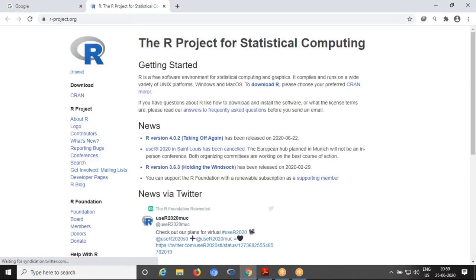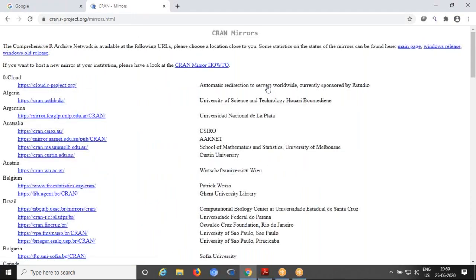Now you can see here, this is the home page what you saw earlier. So after clicking on download R, you can see. Now I am clicking download R. So what is the next page you can see? It shows the various mirrors. By default I am clicking the Zero Cloud mirror URL.